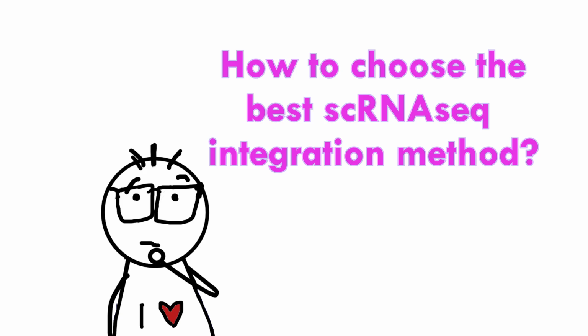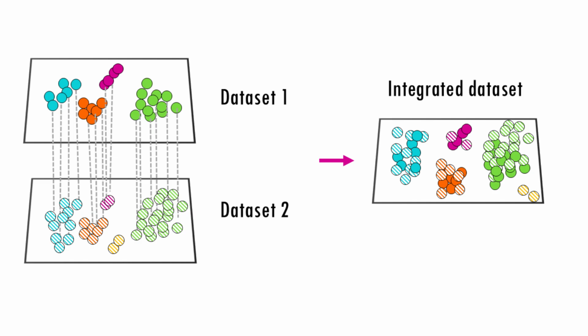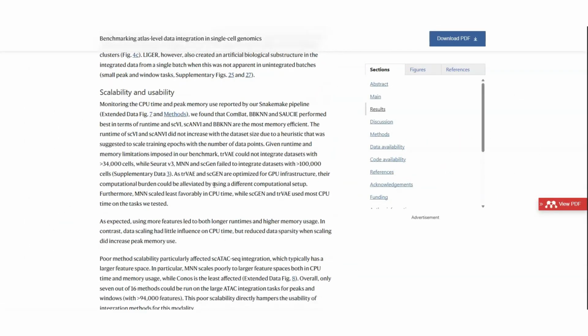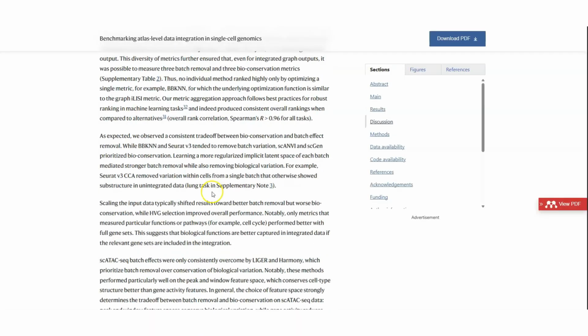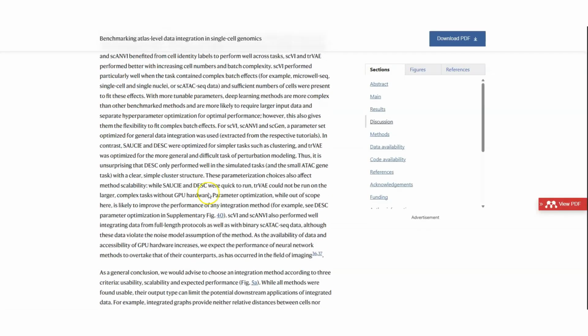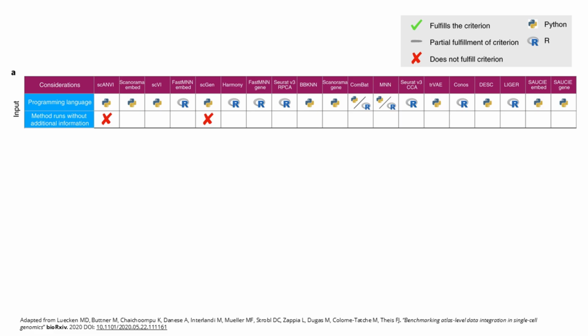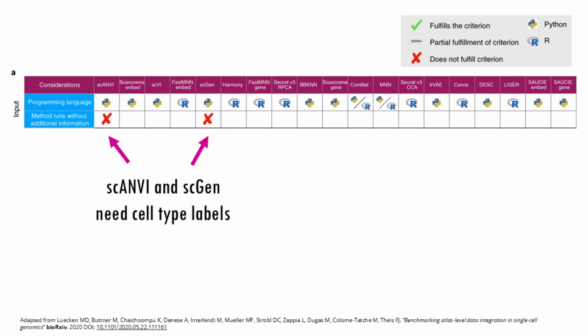So let's say you have an integration task at hand. You have several data sets you'd like to integrate. How do you decide? Well, I would recommend you to check out figure 5, which is a fantastic table the authors put together where they present general guidelines to choose an integration method. So first we have the input, so depending on if you're more used to R or Python and if you have cell type labels. So Scanvi and SCGen need cell type labels for integration, so you have to have annotated